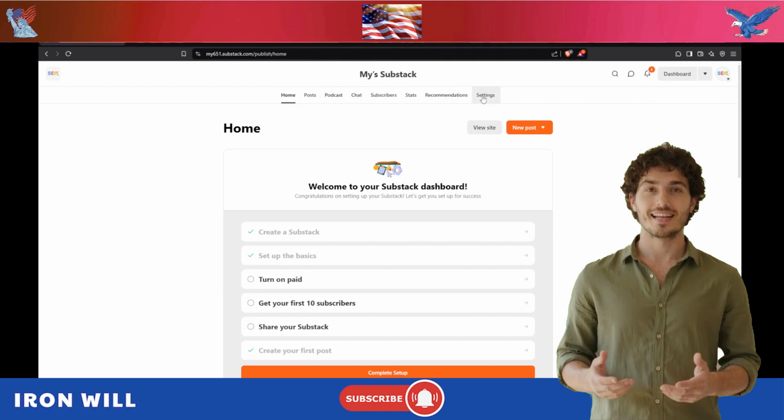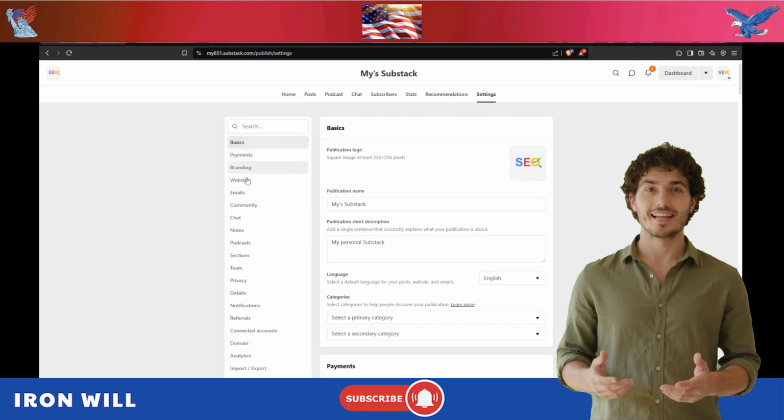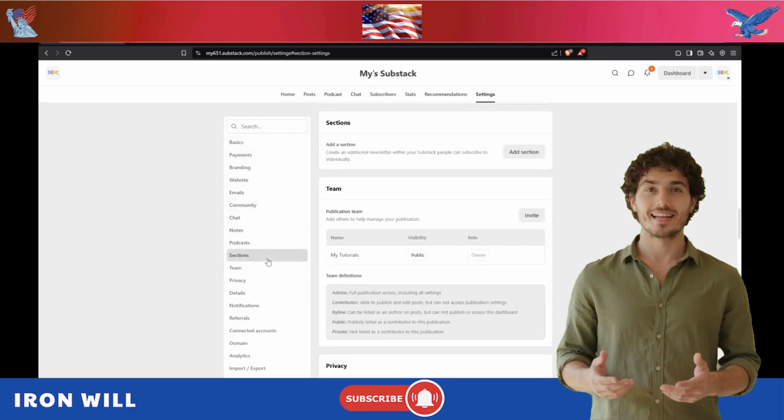To start, go to the Substack homepage and ensure you are logged into your account so you can access the settings we will be using. Look for the settings icon, typically found next to the recommendations section. Clicking this icon will take you to your account settings panel, where you can find various tools to customize your